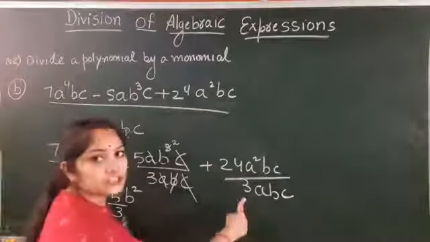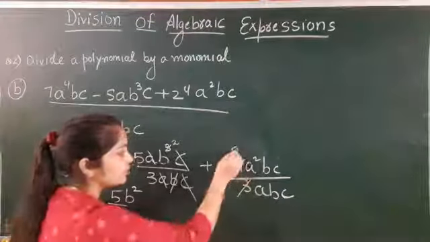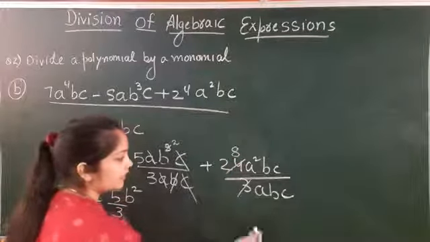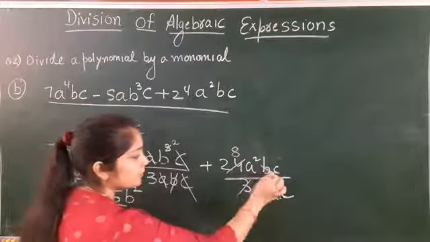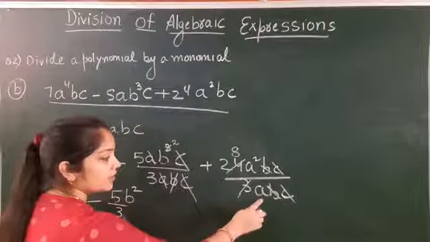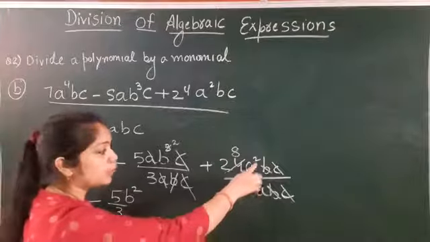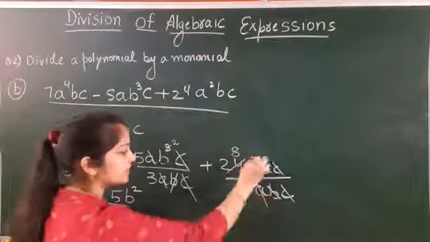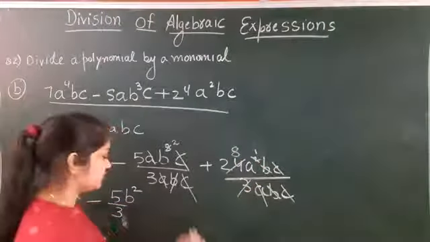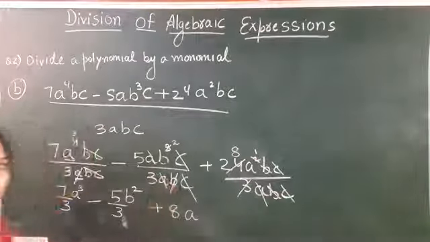And in this last you can divide this 24 and 3. 3 8s are 24. And here also your b and b will cancel out. C and c will cancel out. Here you have a 1 time and here you have a square. 2 बार है, एक a से एक a कट जाएगा, आपके पास एक ही बचेगा. So you are left with 8a. Clear?